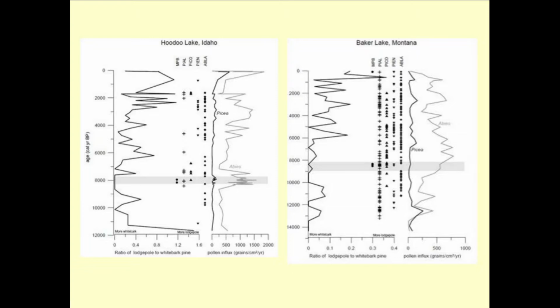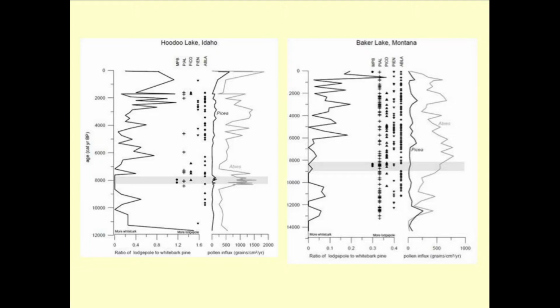Another way to look at pollen data is to actually use pollen influx. So in the previous figure, we're looking at percentages. So if one of the taxa increases a lot, then everything else has to decrease proportionally because they're all based on percentages. This is a really good way of getting a general view of how the vegetation changes over time, but it can be misleading as far as actual amounts of pollen coming into the system or actual abundances of plants on the landscape. And so one way to get around that is to look at this